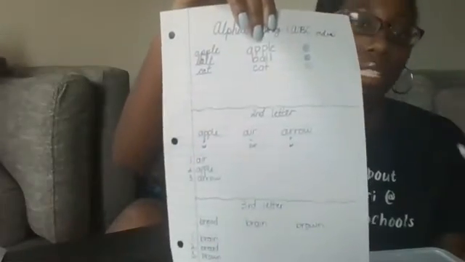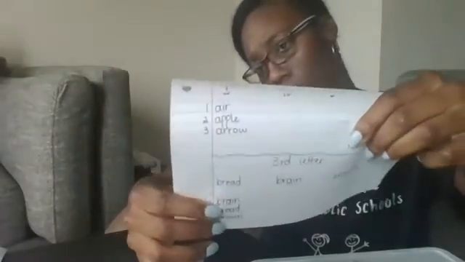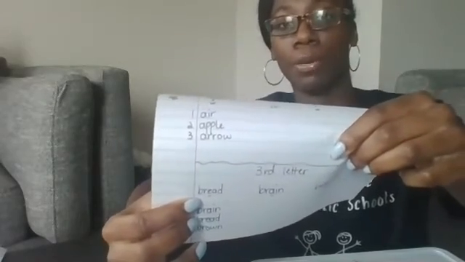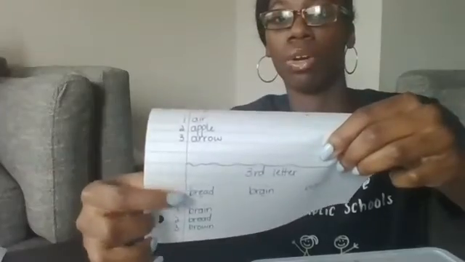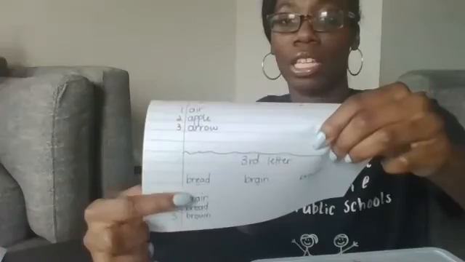Then once they practice that, you can move on to the third letter. I use the blend br. You can use different blend words for this, but there's bread, brain, and brown. Have them underline the third letter, and then they can find a way to put those in alphabetical order. That is one thing that we do with students, and this is something that hopefully is independent,